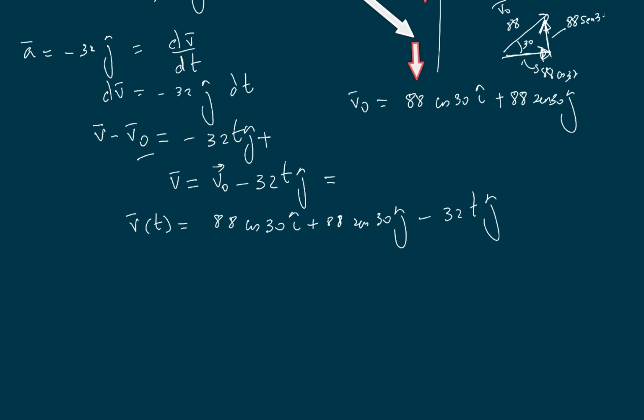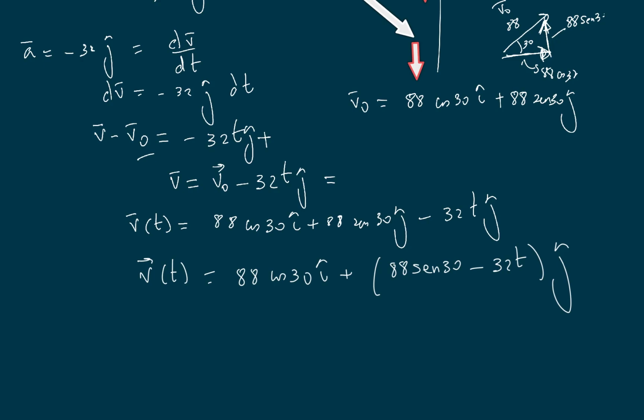Because I know how to solve vectors, v of t will be 88 cosine of 30 i plus, open parentheses, and put the j components, it will be 88 sine of 30 minus 32 times t in the